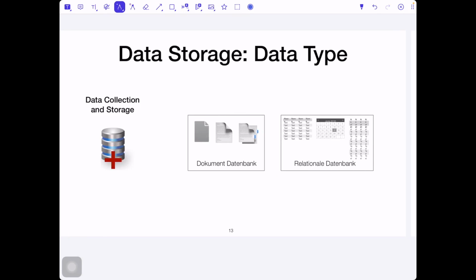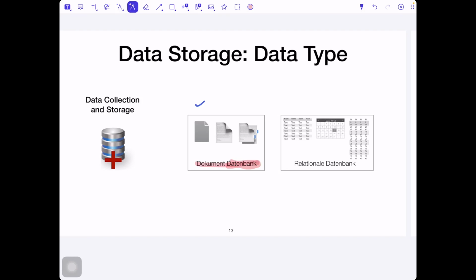Some data are unstructured, like email, text, videos, audio files, web pages. This type of data is often stored in a type of database called a document database. Sorry, here I used the German word. It should be database, not Datenbank. I'm sorry.